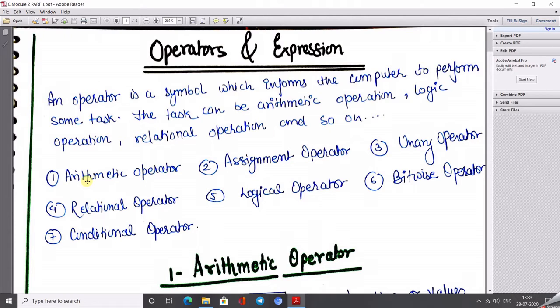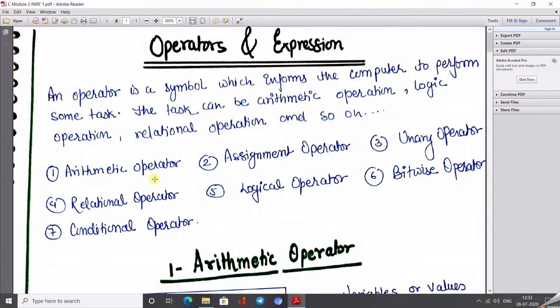If we want to perform any arithmetic operation, then what is the writing style of this operator? If I want to use the logical operator, then what is the writing style of this operator? As I already told you, C is basically a case sensitive language, and every programming language must follow a syntax. Okay, syntax means what? Grammar, writing style.